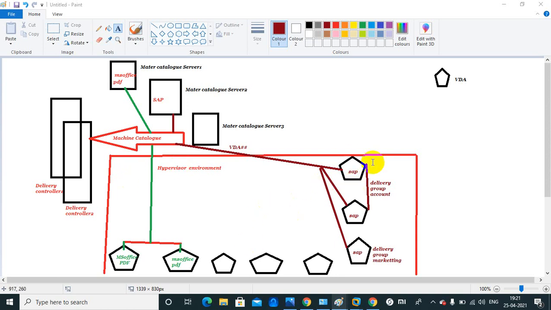You know this is the hypervisor. So why is this MCS process useful? Suppose you have created the machines, delivery controller, and all the things. Now your environment is ready, and suddenly a new Microsoft patch comes in the market, and Microsoft suggests you download the patch on all the Microsoft VMs.